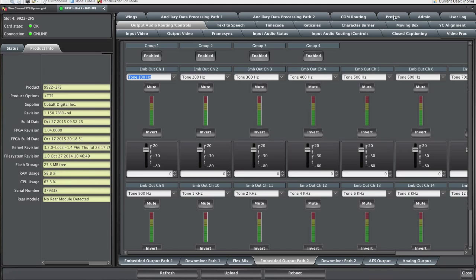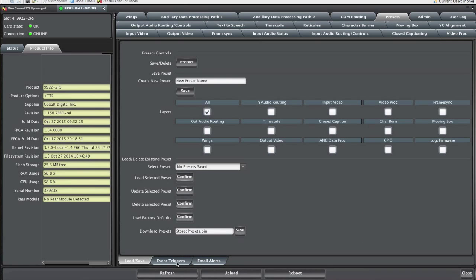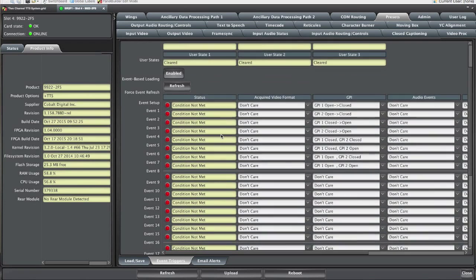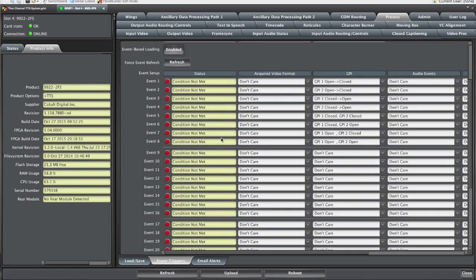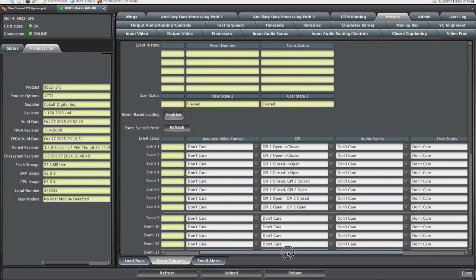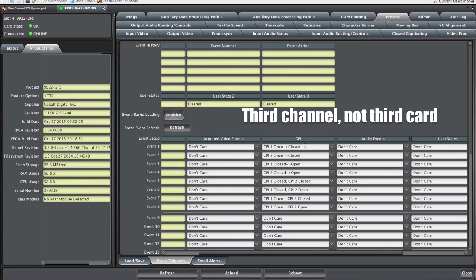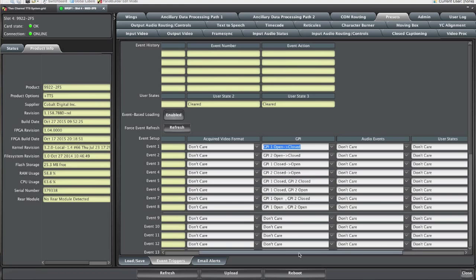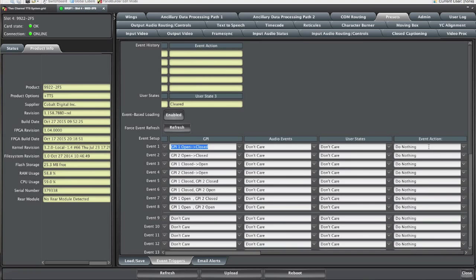Other than that, we also have presets and event-based triggers. For your first card, channels 1 and 2, you won't need this too much. But for your third card, you're going to want to be able to select a preset based upon a GPI, GPO contact closure state. So when you select the different contact closures, you have an event action that you can associate that with. And the event actions could be